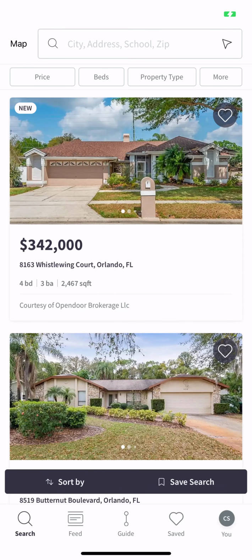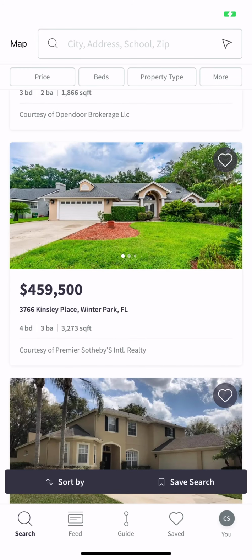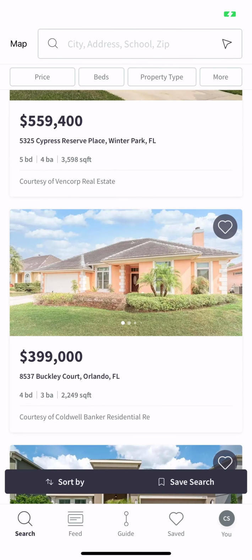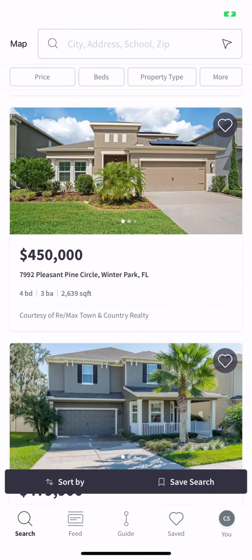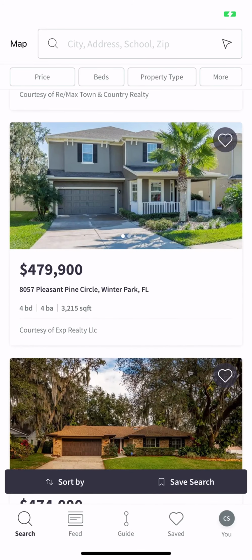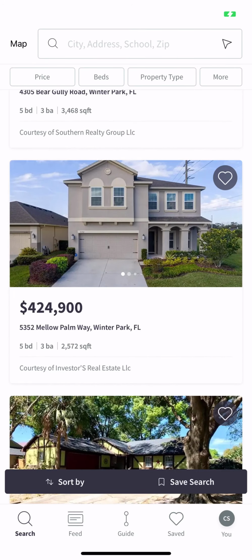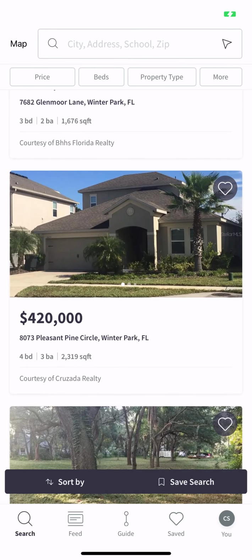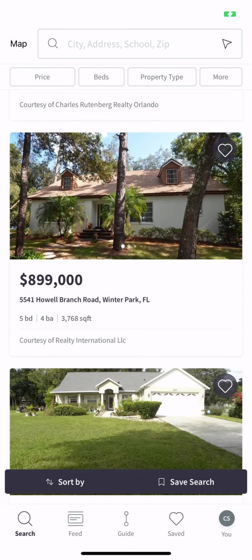So that's at the top left. If you have people that prefer to see it in more of a list view format, we can click on that and then it'll take them through. So then let's say that they find a house that they really, really love. So let's say that we like